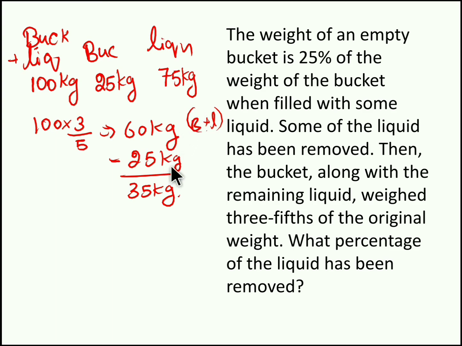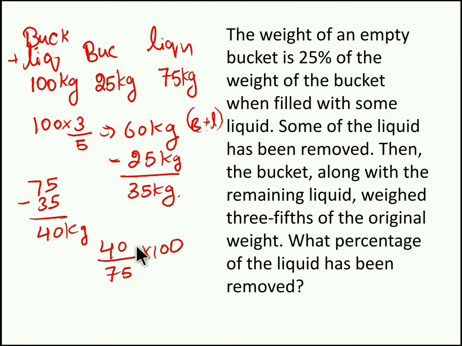Okay, so you have removed how many liters of liquid from 75? Now you have only 35 kilogram. So you have removed 75 minus 35 kilogram. So 75 minus 35 is nothing but 40 kilogram. So you removed 40 kilogram of liquid from 75 kilogram of liquid. So 40 by 75 is nothing but, so when you cancel, you will get the answer. So 4 times and 3 times, 160 by 3.